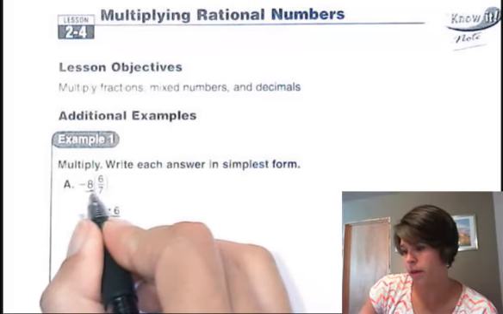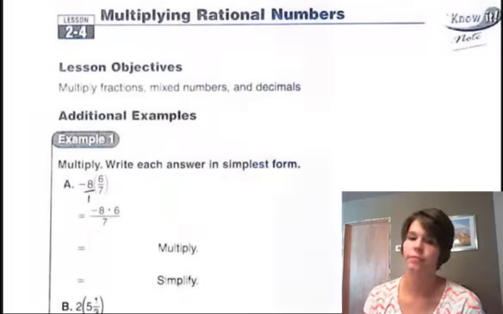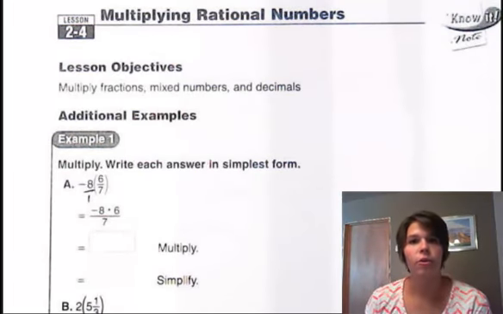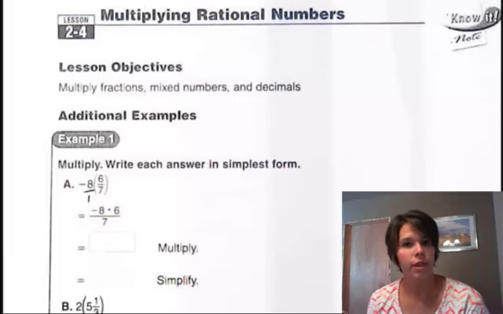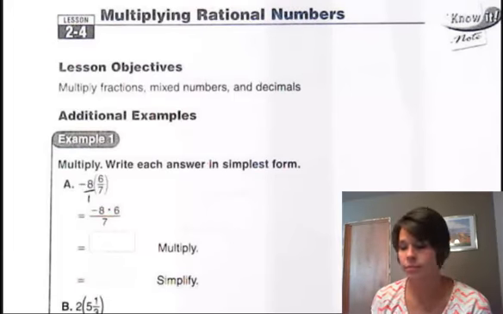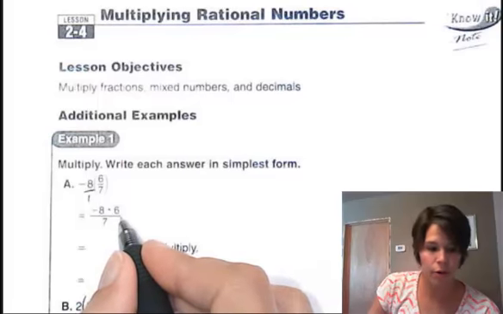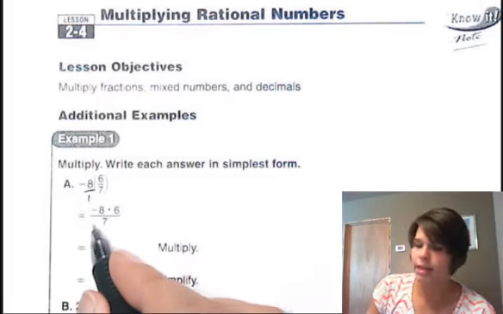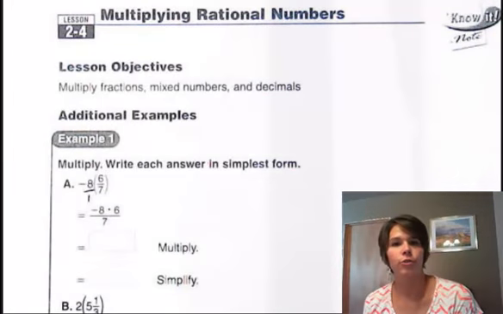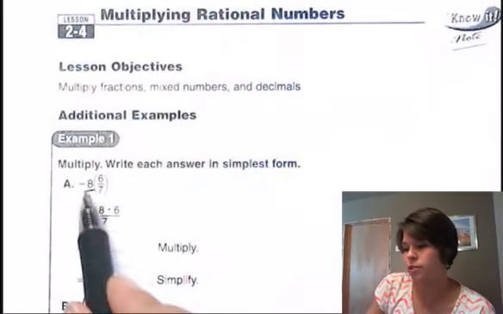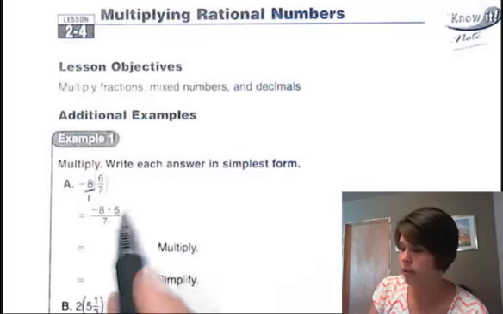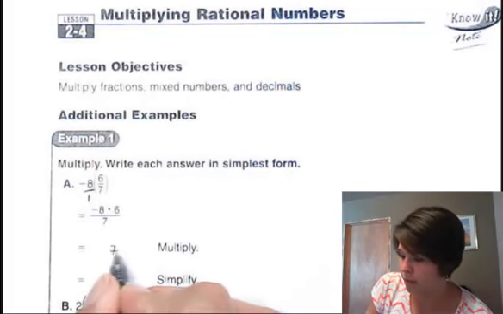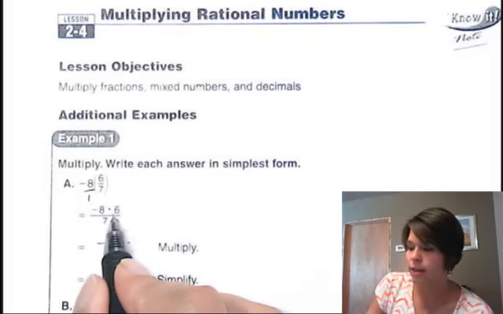So if I'm multiplying a whole number times a fraction, I can either turn that into a fraction, because I know fractions, I multiply numerators together and denominators together, as shown below. So if I multiply 1 times 7, which I don't really have to do, if it's a whole number times a fraction, just go ahead and put that in the numerator. So 1 times 7 is going to leave 7 in the denominator. Negative 8 times 6